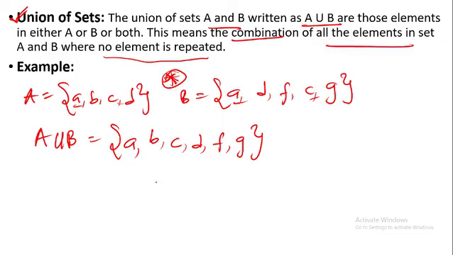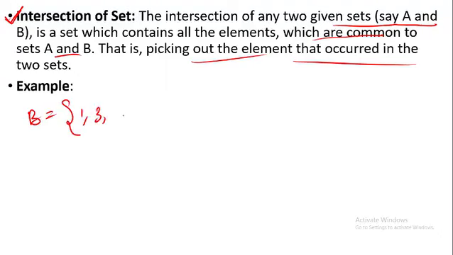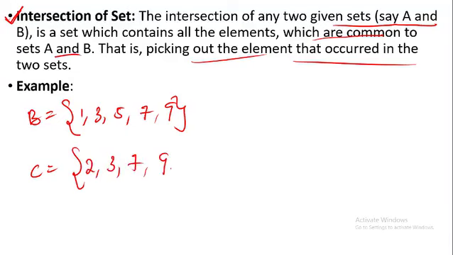Let's then go over to intersection of sets. The intersection of any two given sets, let's say A and B, is a set which contains all the elements which are common to A and B. That is speaking out the elements that are common to the two sets. If we have set B to be equal to the set of 1, 3, 5, 7, 9, and we have our C to be equal to the set of 2, 3, 7, 9,